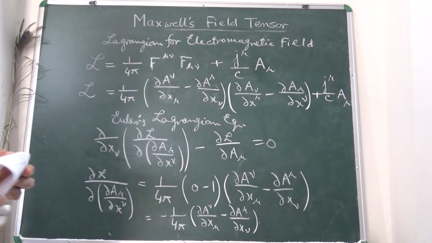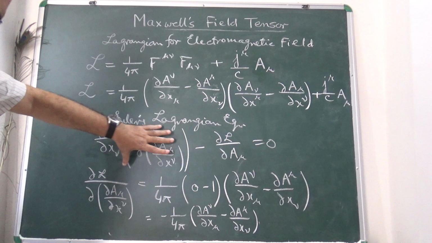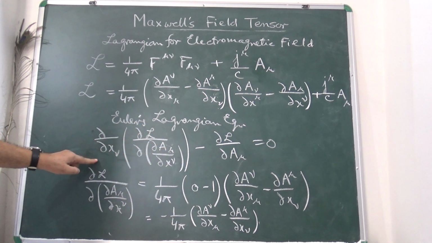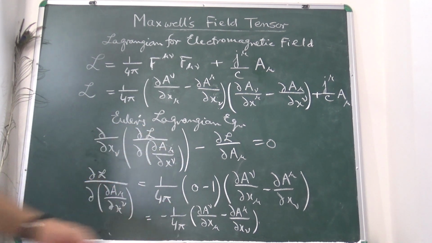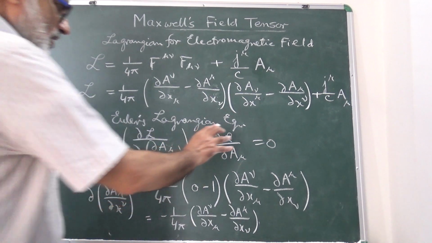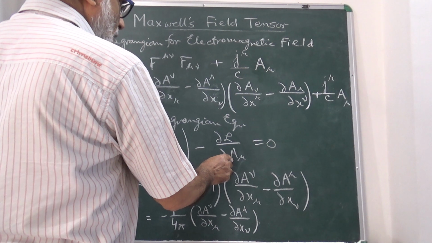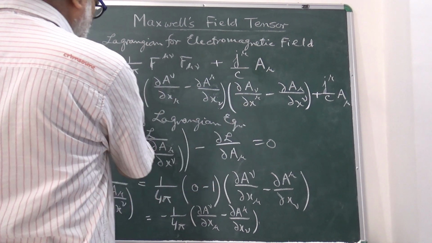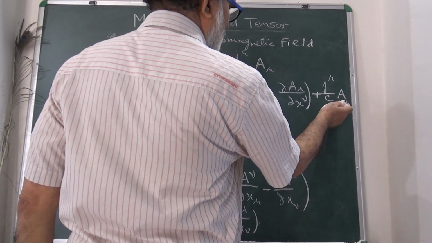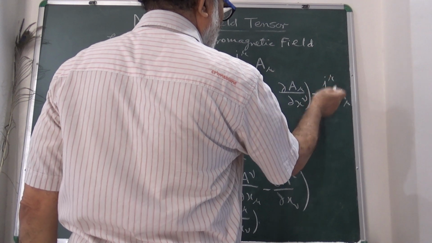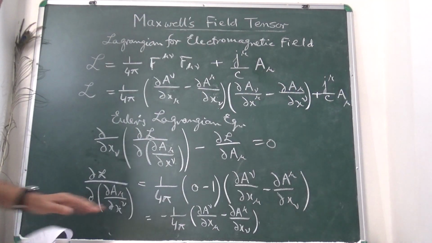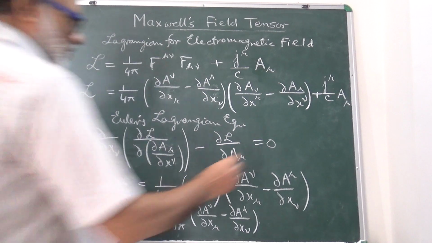This you obtained. Now we differentiate again del by del x. Now on this side, del L by del A mu. This one is differentiated, and this will give you J mu by C only. So if you substitute these values in this Lagrange equation of motion, you will get